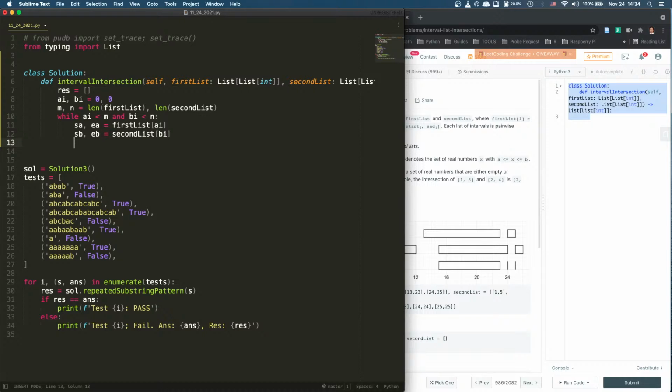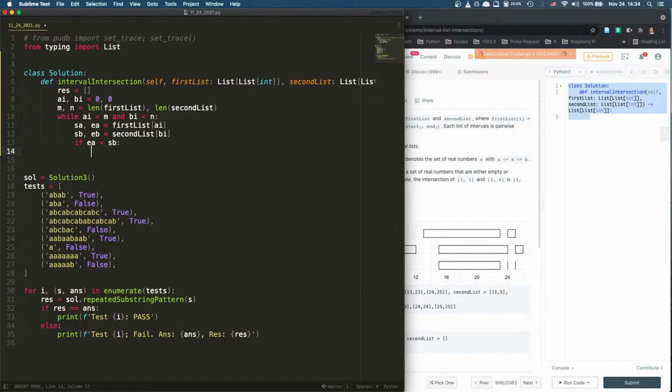Now we say if end A is smaller than start B,